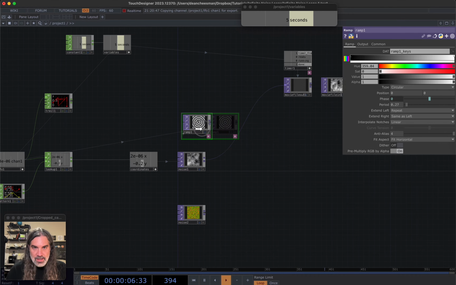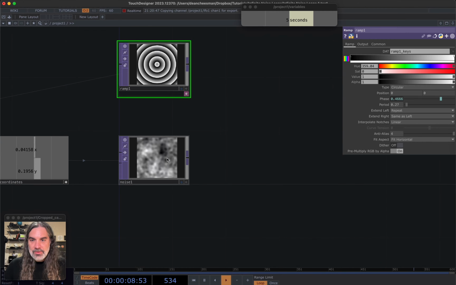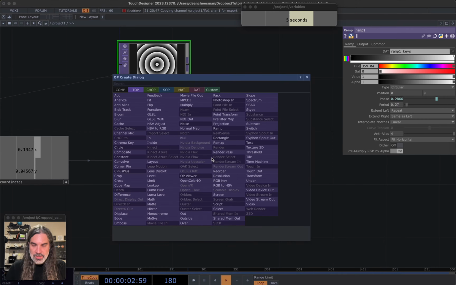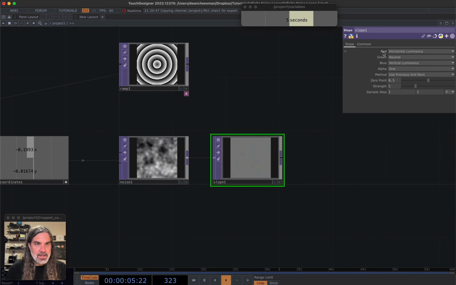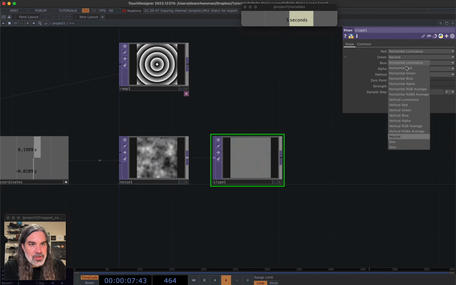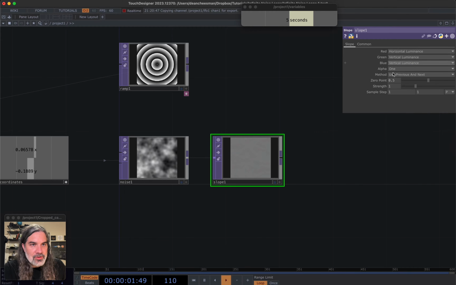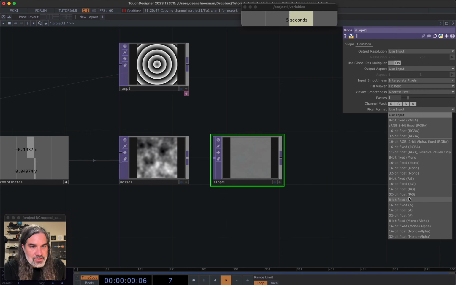Let's use the ramp, and let's disconnect this first just so it's out of the way. Then I'm going to use this noise's slope to distort or displace that ramp. So let's add a slope. I want to measure the slope for the horizontal luminance in red, and I'm going to use red and green. So I'm going to change the green to vertical luminance, and then make sure the values of this are also 32-bit